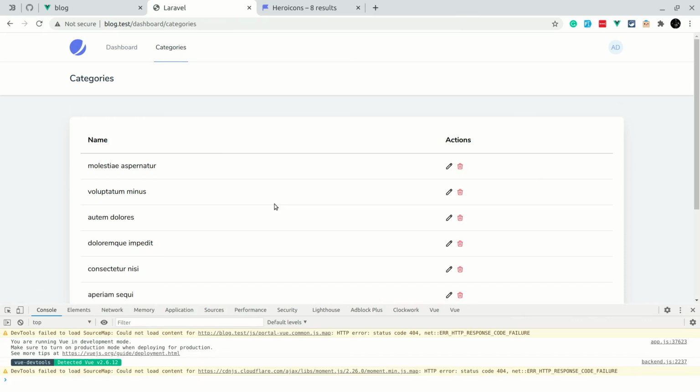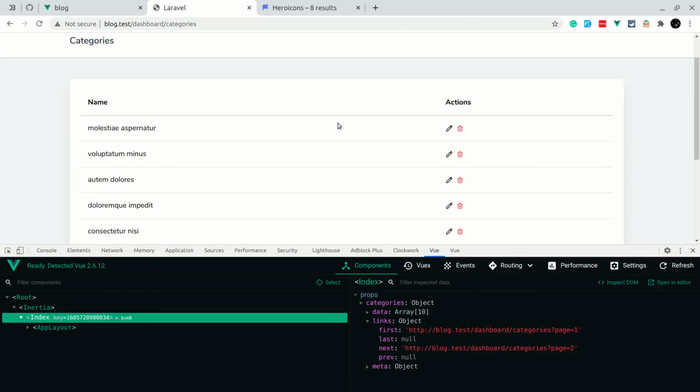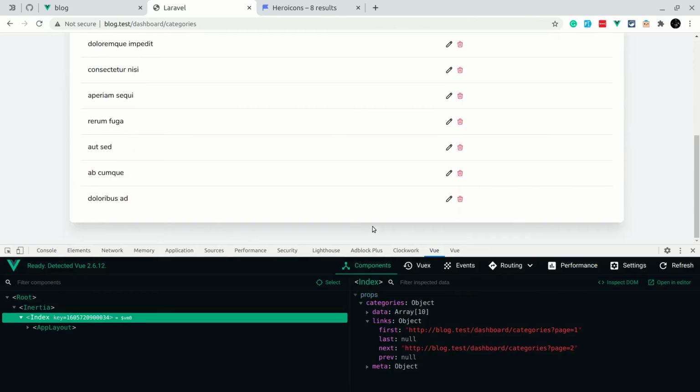So we have done the listing of all the categories, and we have shown this edit icon and this delete icon. Now whenever we click on this delete, we want to show a pop-up, and we'll be doing that in our next video. And also in the next video, we'll be making this pagination over here. We'll be creating previous and next buttons, and whenever we click on those buttons, we'll be taking the user to that specific page, and we'll also be making a component for that pagination, so that we will be able to use that same component in every other page wherever we need it.